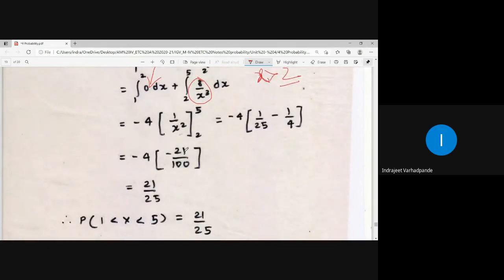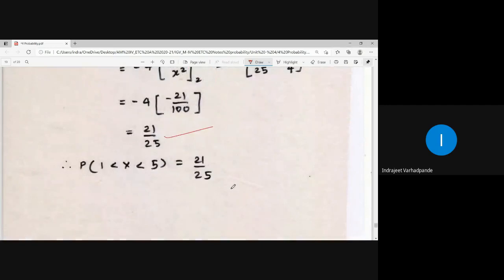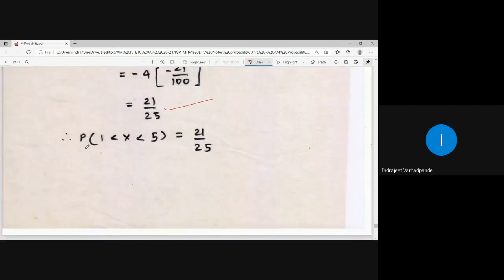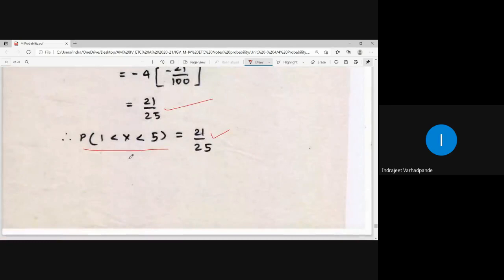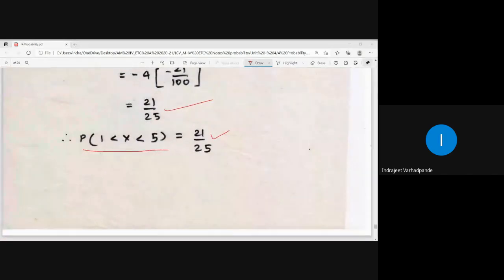Our answer comes out to be 84/100, and hence the probability is 21/25. 84 divided by 4 is 21, and 100 divided by 4 is 25. So this is the probability for 1 less than x less than 5, which comes out to be 21/25. A very simple example related to the continuous random variable which contains only